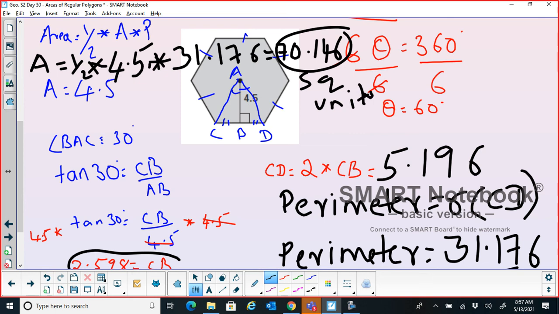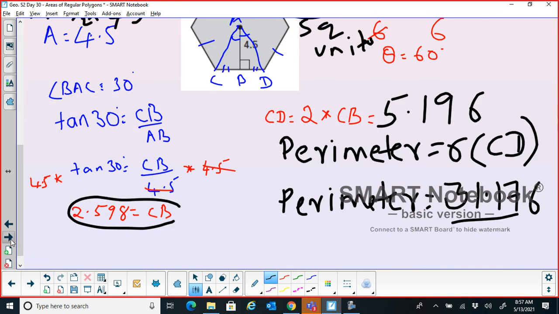Okay, the trick to this particular problem is finding the perimeter. To find the perimeter you are using the central angle. We've got to get used to this. We will solve a few problems which will help us work on these kinds of problems. Let's go on to the next slide.